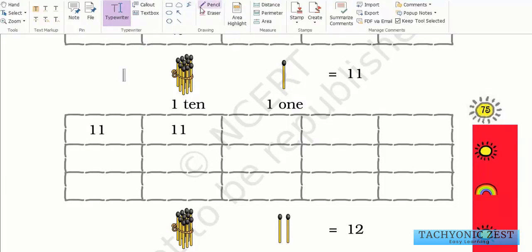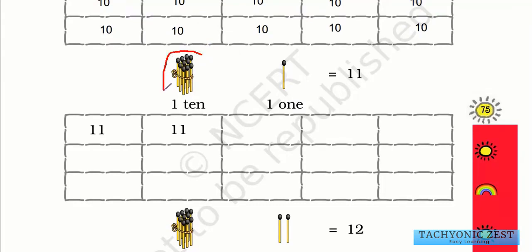So here we can see that there are 10 matchsticks. So here this is 110. So 110 here means it already contains 10 matchsticks. Okay. So with 10 matchsticks, 1 means we add one more matchstick. So 1 means only one matchstick. So 10 plus 1 is equal to, yes, correct, 10 plus 1 is equal to 11. So here 110 1 is equal to 11. Okay, so 110 means 10, 1 means 1. So in total 10 plus 1 is equal to 11.